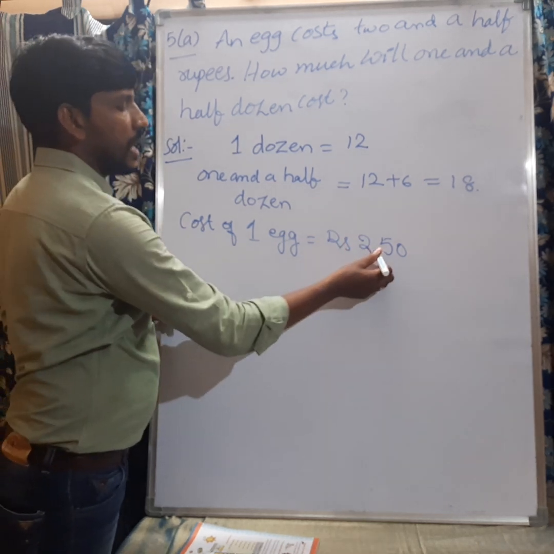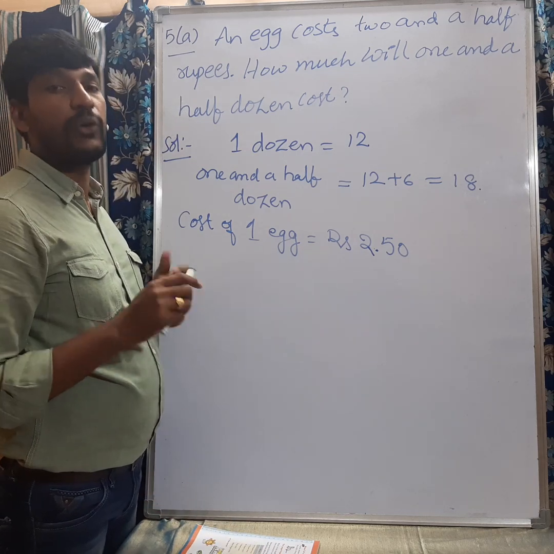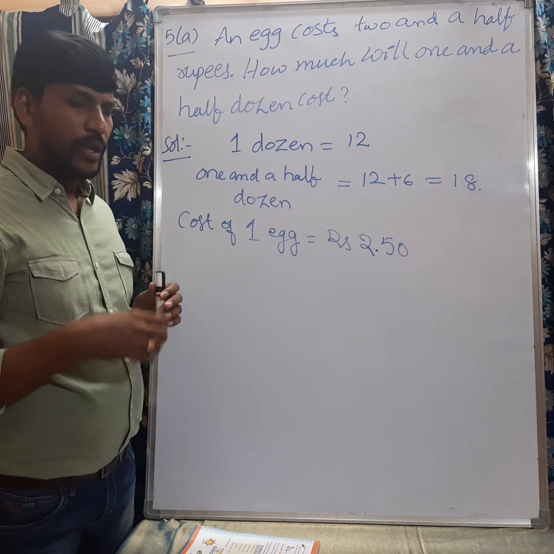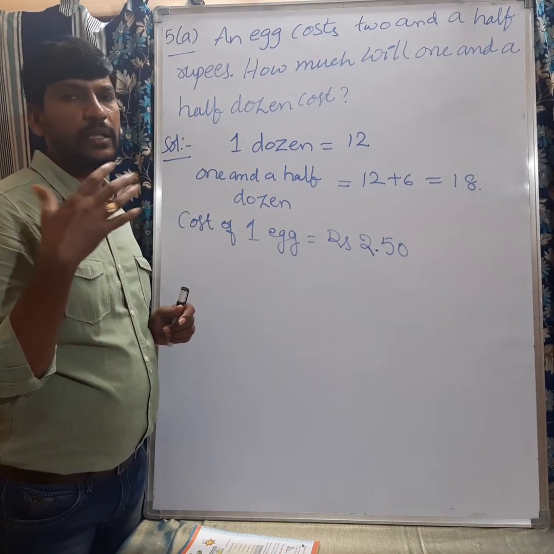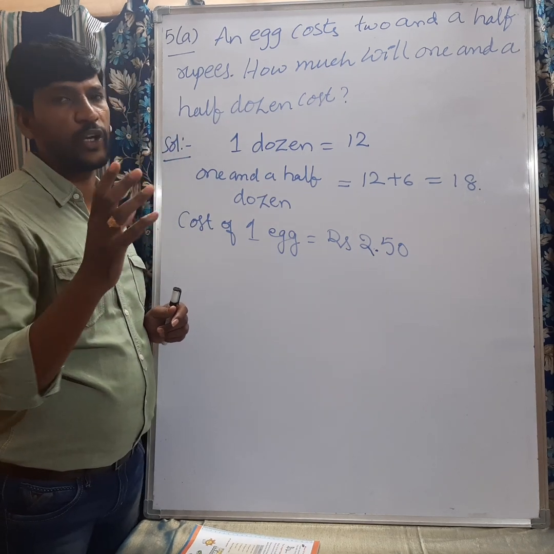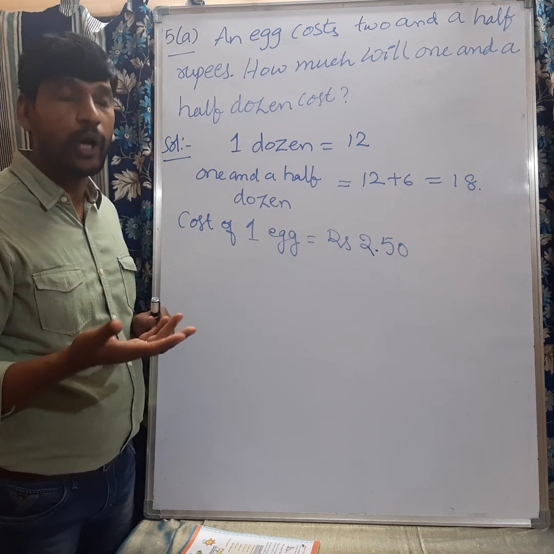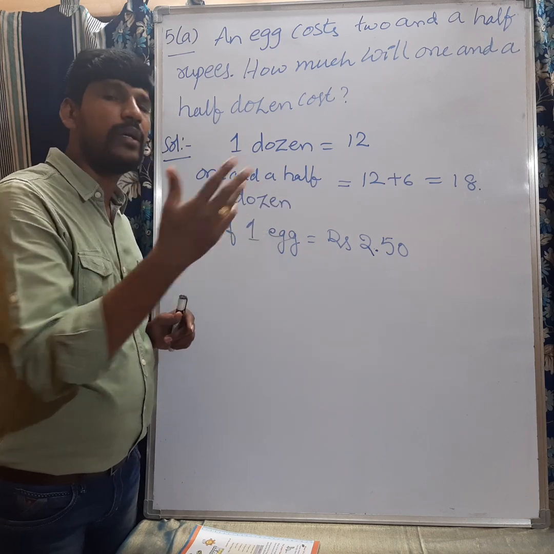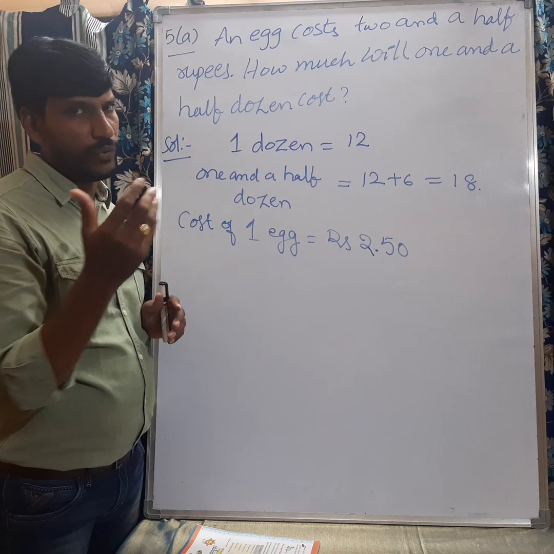Then what is the cost of 18 eggs? Here what are we going to find out? How to find, general conversation. See, when you go outside to buy fruits, you go and ask the shopkeeper what is the cost of one apple? The shopkeeper will say 20 rupees. You want to buy 5 apples. What are you going to do? How much money do you have to pay to the shopkeeper? Generally we need to multiply, no? Because the cost of one apple is equal to 20 rupees.